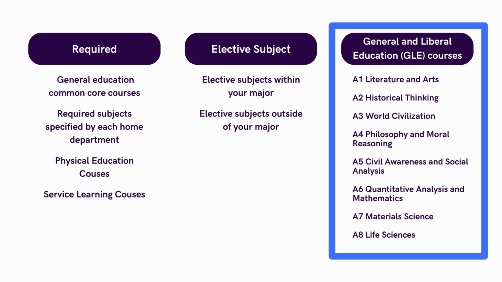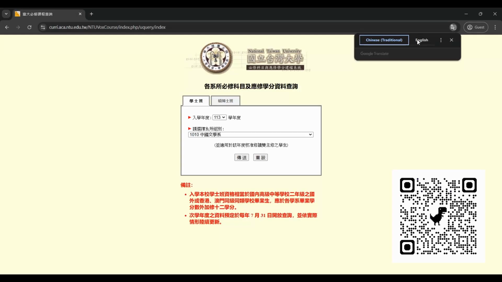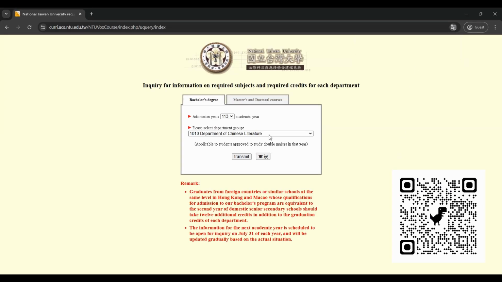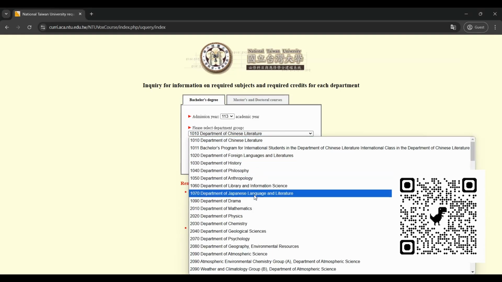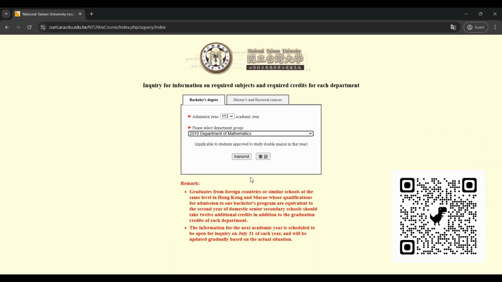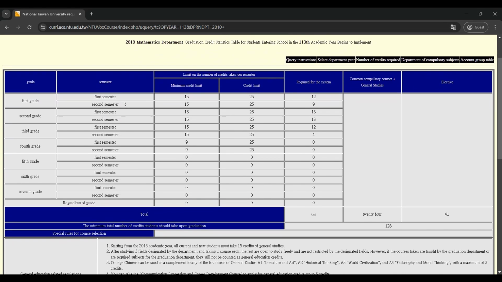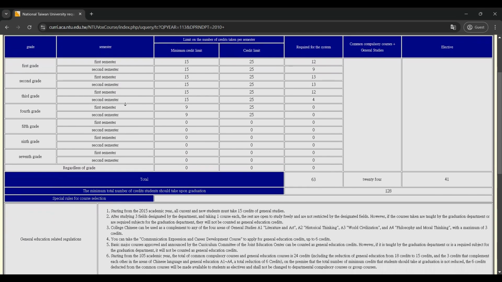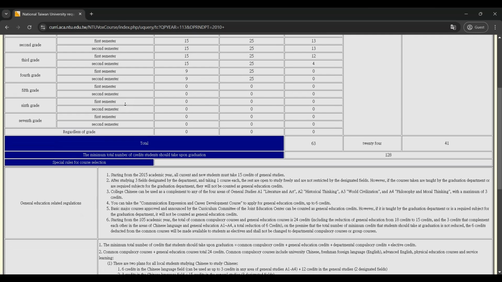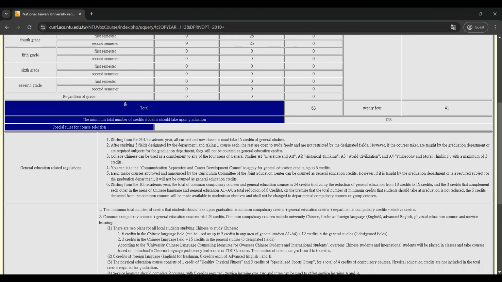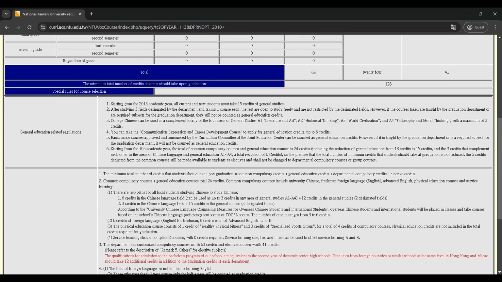You can check the graduation requirements for your major on this website or your department's website. Here is some important information you should look for. Does your department recognize language classes other than English classes? Are there any special rules in course selection? What kind of service learning courses does your department recognize? How many elective classes do you have to take within your department in order to graduate? What general/liberal education classes are required?